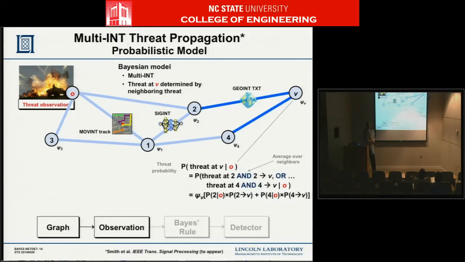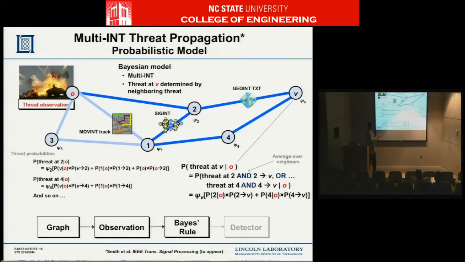And so this is Bayesian, so it's really the probability that the threat at V given some observation of threat. And I'm using threat here as really a motivating example. It could really be any characteristic or property that is relevant to you that you want to diffuse along this graph. Let's call it threat for the sake of argument. It's really the probability of threat given an observation here. So fine, you just condition everything based on that observation.